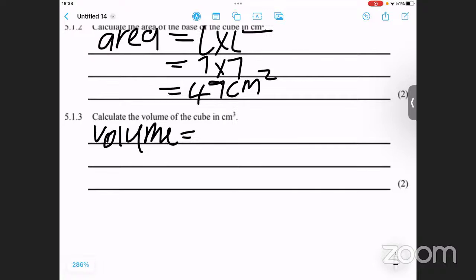How do we calculate the volume of a cube? It is the side length to the power of 3. So we have 7 to the power of 3, which is the same as 7 times 7 times 7, which is